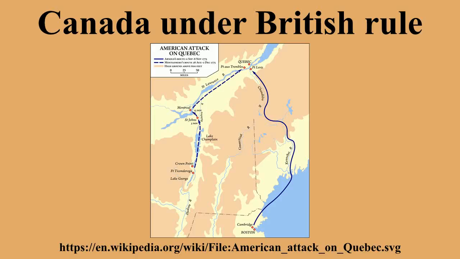The Quebec Act expanded the territory of Quebec, which was then limited to a narrow area around the St. Lawrence River. The most significant expansion was to the southwest, into land that American colonists wanted to settle. The act also allowed French Canadians to retain the Catholic religion and the French system of civil law. The Quebec Act became one of the intolerable acts that infuriated the 13 American colonies.